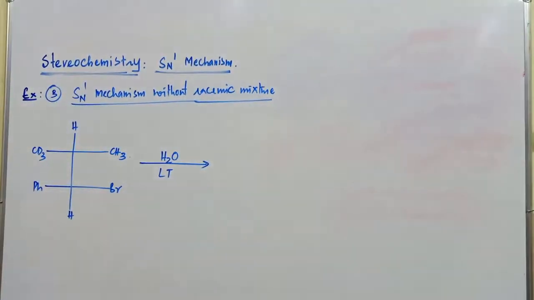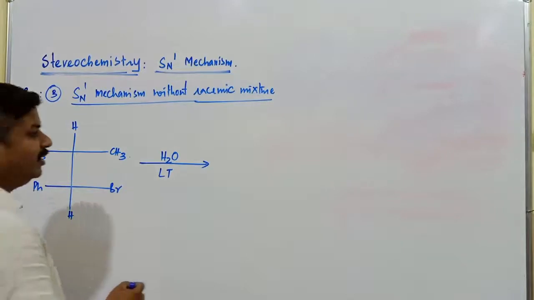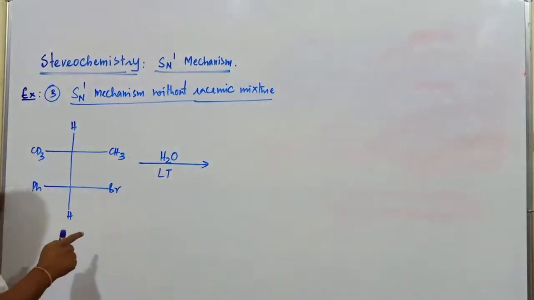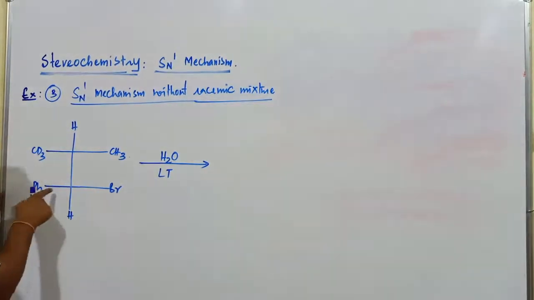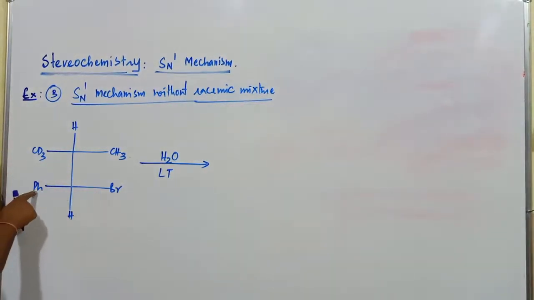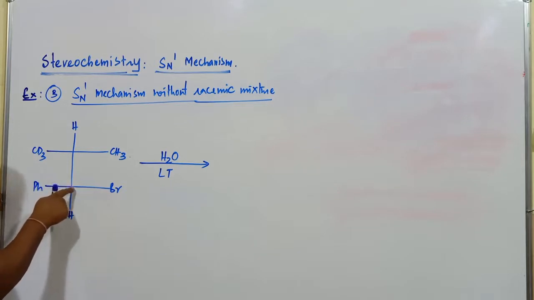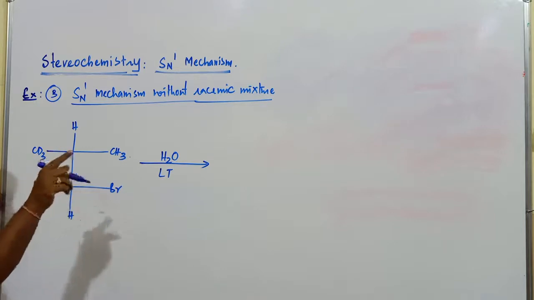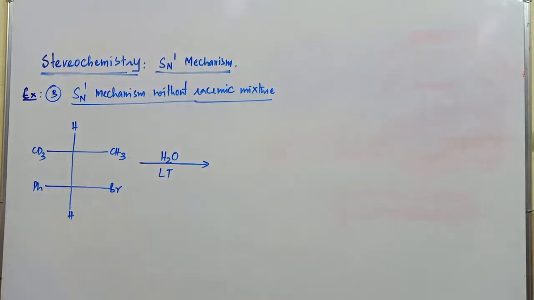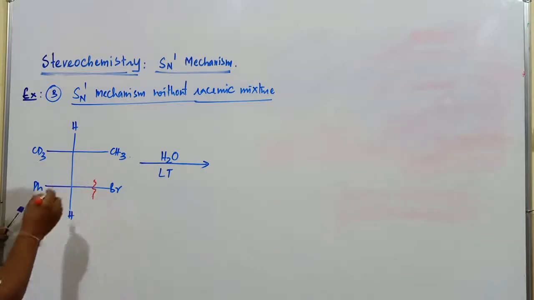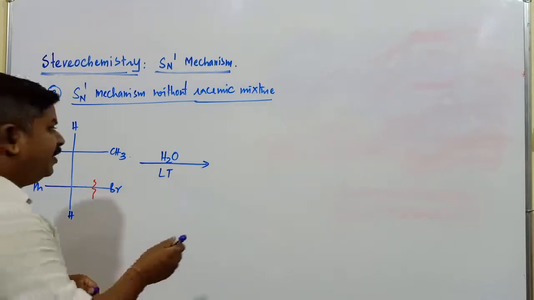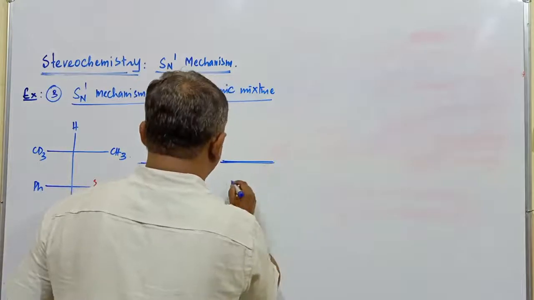How the product is not found to be a racemic mixture, I'll explain with the help of this example. Now you observe there is a halogen atom here, the bromine atom, which is connected to the carbon atom having Ph. Now Ph means the respective carbocation formation takes place. Any carbocation with a Ph or phenyl group is always more stable because of resonance. Now the cleavage of this carbon halogen bond takes place. When the cleavage of the carbon halogen bond takes place, there is a possibility of formation of two different products.